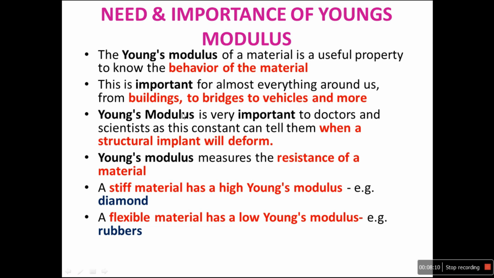For the civil engineering side, it is a very useful concept. In construction, buildings, bridges, vehicles, everything, we can calculate the Young's modulus first and only then arrange the bridge, buildings, etc. In some places we need material having high Young's modulus, and in that place we use high Young's modulus materials. So in the selection of materials also we can use the Young's modulus. It plays a vital role in civil engineering.